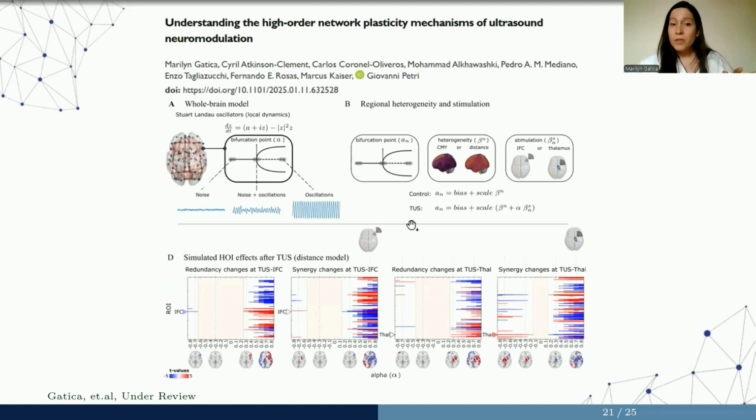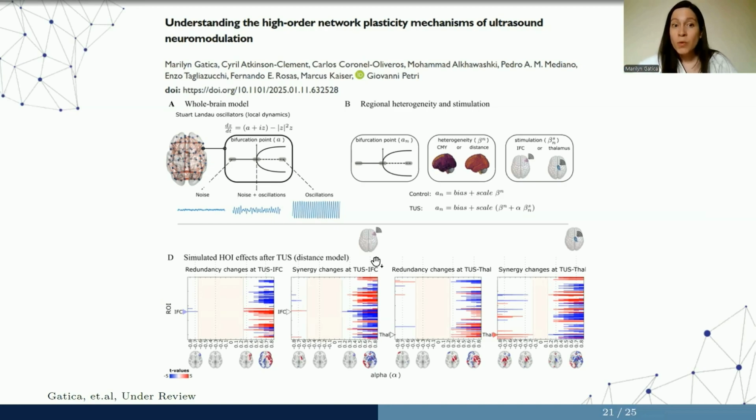There is a lot of information here, but I will just focus on the alpha parameter. The alpha modulates how hard you are perturbing this target. For example, when you are doing just a small perturbation, you don't have any change. But when you start increasing it, you get a local effect and then it spreads across the brain. So no matter if you stimulate the inferior frontal cortex or the thalamus, you have the same pattern.